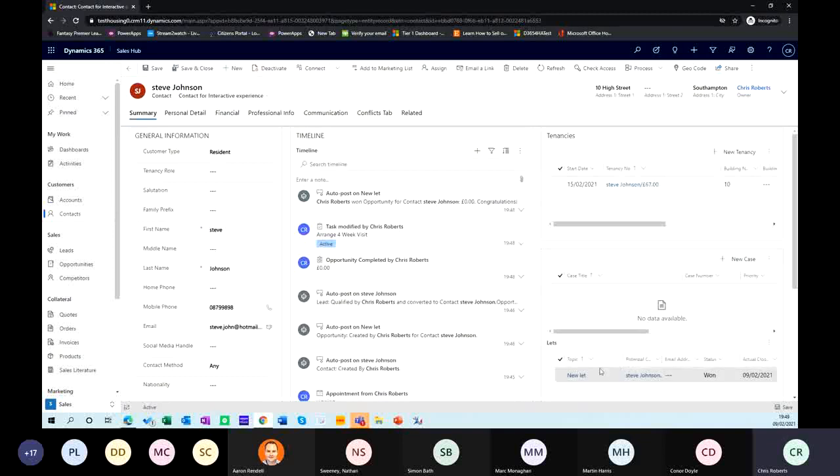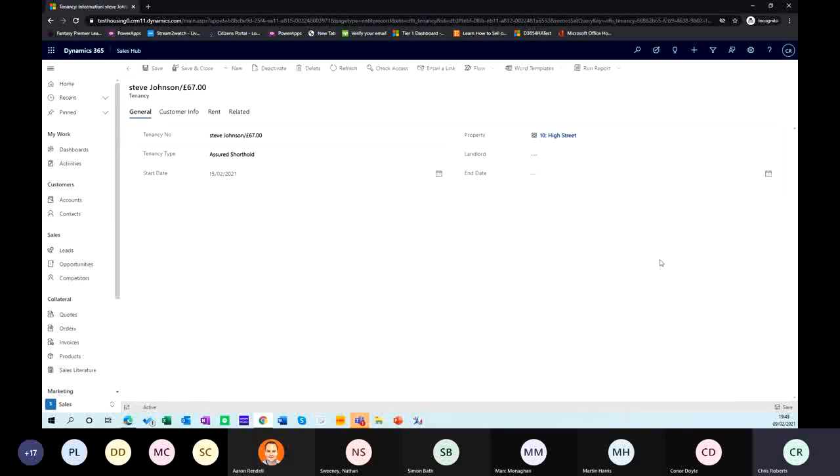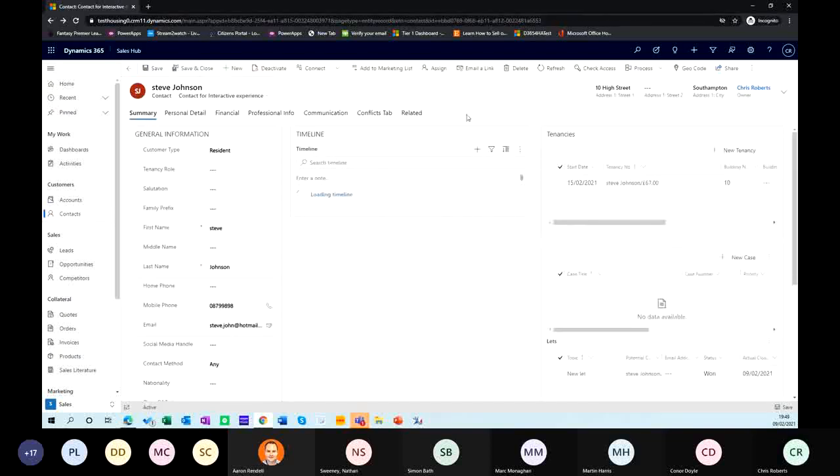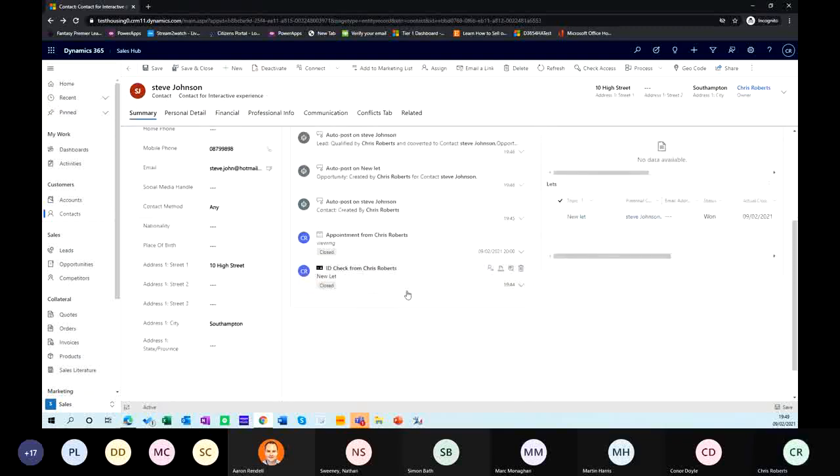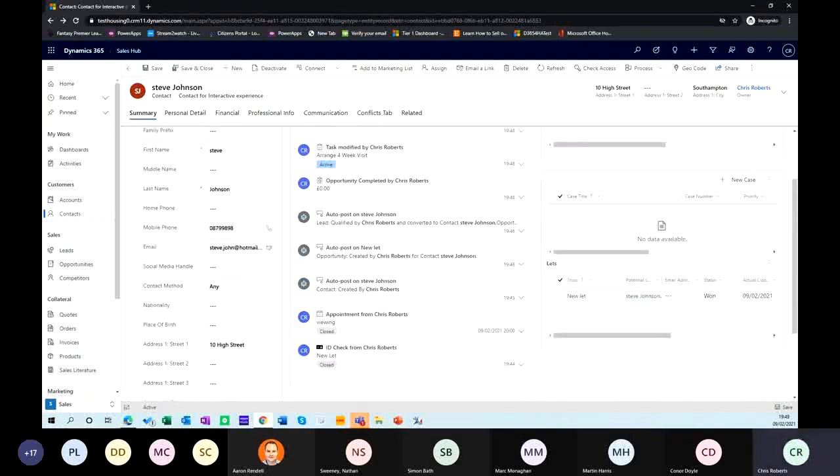We've got the actual let and the information that's pulled from technically the opportunity, but we would know it as a let. And then it's created a tenancy for Steve as well. So again, we have some basic information on there, type of tenancy and all that sort of thing. And then from there, we use this. We can add cases and do whatever we need to do in that from then on. Really, I think that's probably it for the